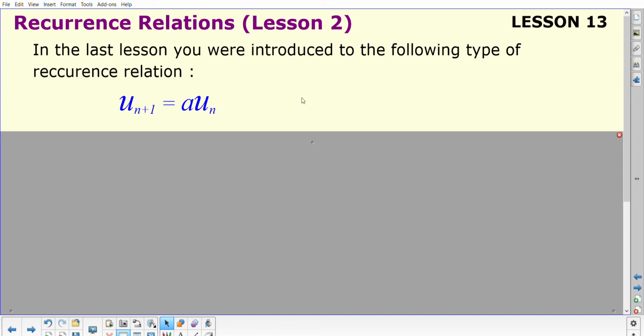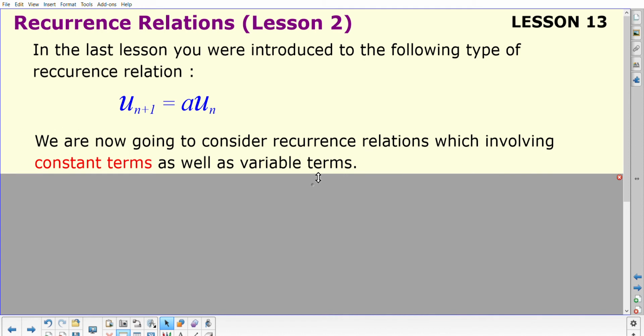You've been introduced to the idea of working with a recurrence relation in the last lesson. Those recurrence relations took the format that you can see there, un plus 1 equals a un, where that a value was usually worked out by a percentage statement that you were given. What we're going to look at today is